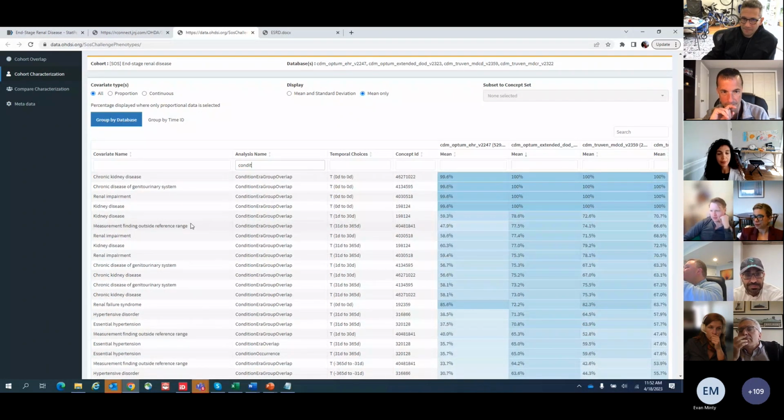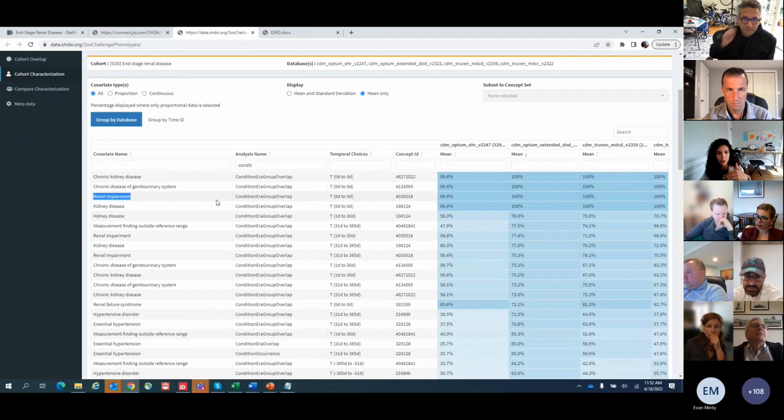So what you can see, the first thing that you expect to see, are the things that are part of your definition. So chronic kidney disease is the parent of end-stage kidney disease, and you're looking at it as a group. So you're looking at chronic kidney disease and all its descendants, which include end-stage kidney disease, and that's why it's 100% among everybody, because you designed it that way. You see here renal impairment. Renal impairment is one of the parents. You're also going to see it at high proportion because it's one of the parents, so it's going to